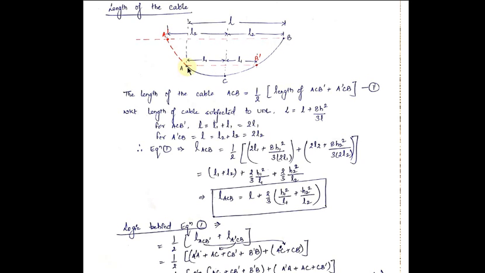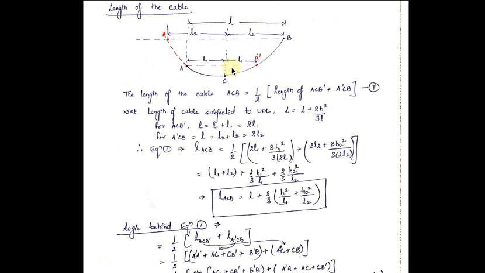Now in order to find out the length of this cable, what I'm going to do is extend this point A up to the level of B support. So suppose this is the level of the B support, and suppose this point is A dash. I'm also going to introduce a second point B dash at the level of support A. So this is your B dash point at the level of support A.